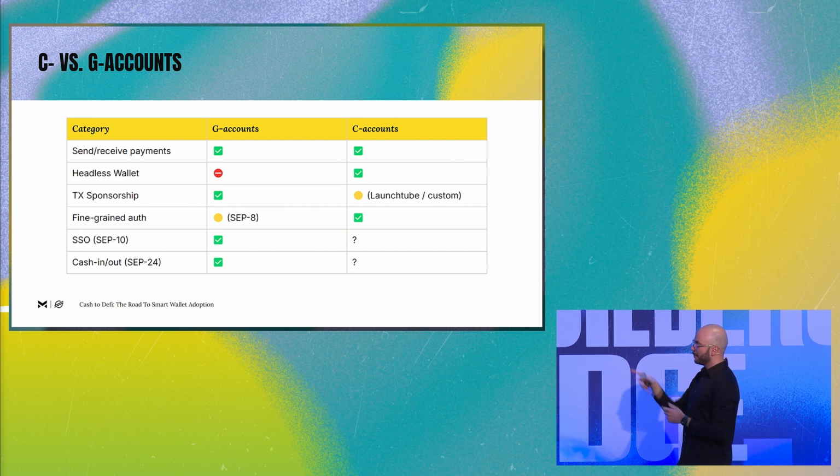Now, what I'm excited to talk about, and I left it to the last, is our interoperability standards for cash in and cash out. Anyone who's used something like MoneyGram Access is probably familiar with that flow where you open a pop-up and then you do your KYC and you get a code for making a deposit or a withdrawal. And